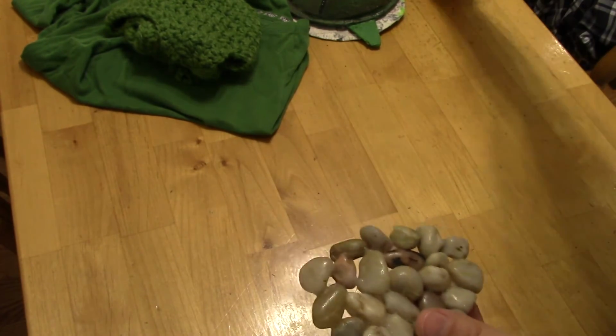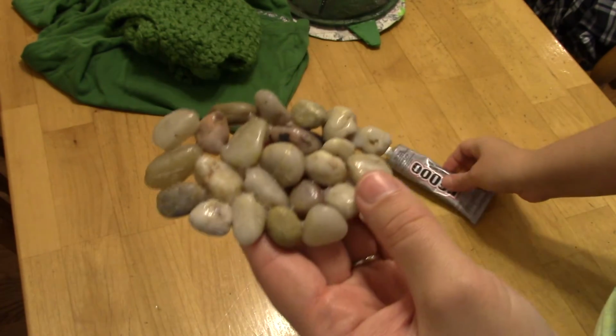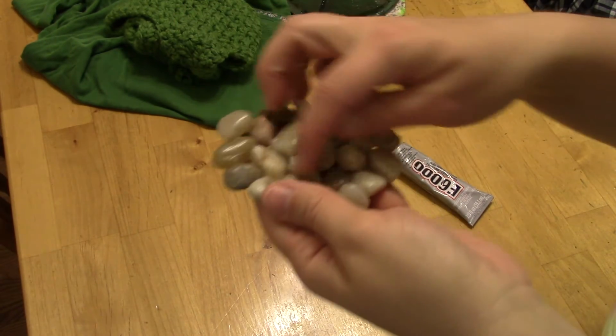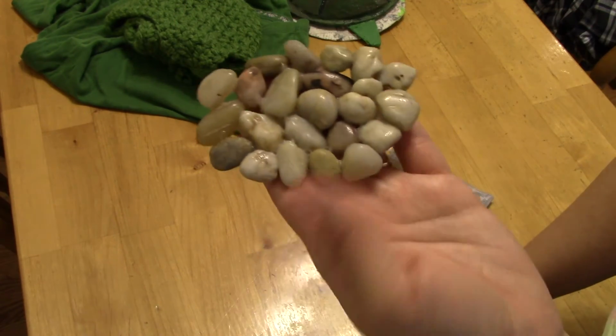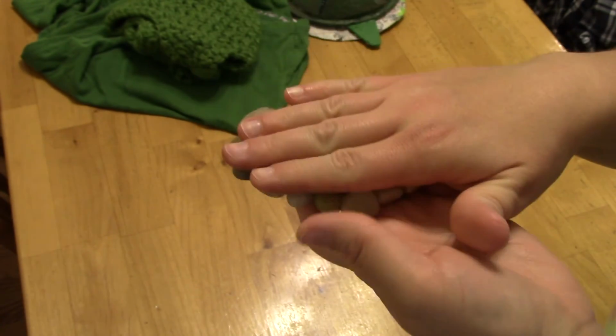I used this glue here. It's really strong and it's waterproof, so it worked out pretty well. I set it on wax paper and I just glued rocks together. It's not that hard. But it works out really well because the rocks are smooth enough that the soap doesn't